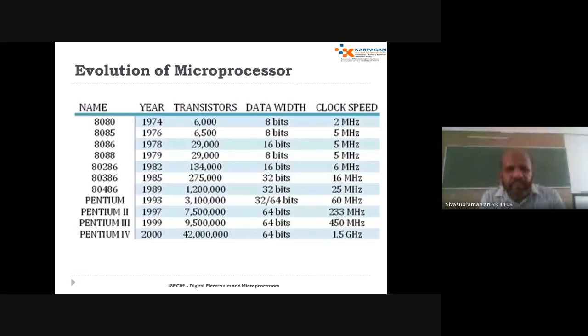Okay, so this is where we were speaking about the evolution of the microprocessor, right? It all started with the 80 as the first microprocessor, which has gone through the evolution of the